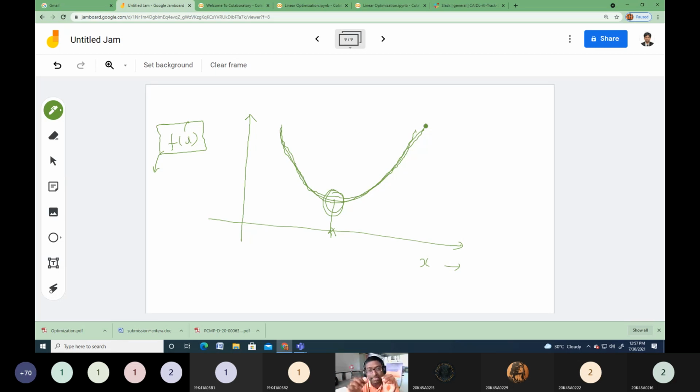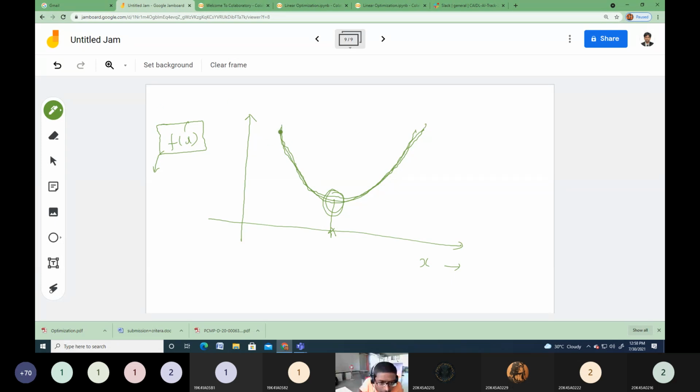But from the machine learning perspective, where we use optimization in machine learning, I am going to explain later. In machine learning, we are trying to minimize the error. That error may be a mean square error, a binary cross entropy error, or a categorical cross entropy error. Whatever we considered in a machine learning approach, that error is a convex function. We are trying to minimize that error, and that error function is a convex function.